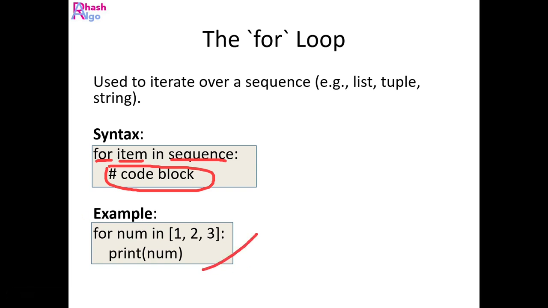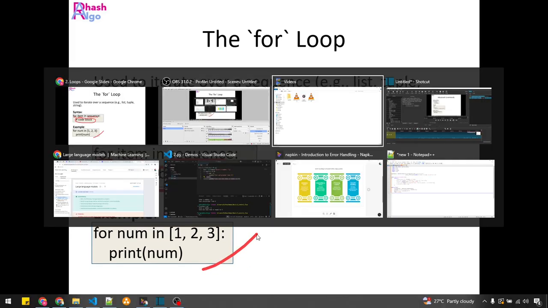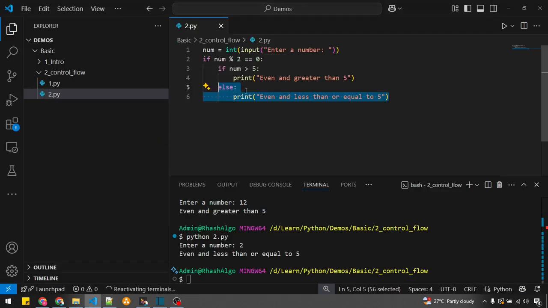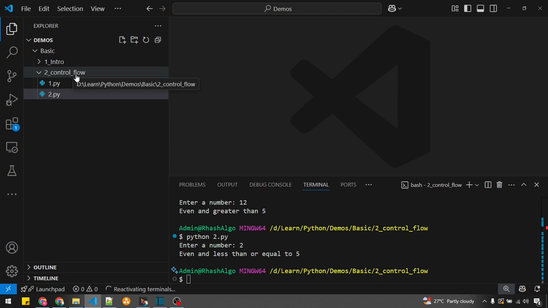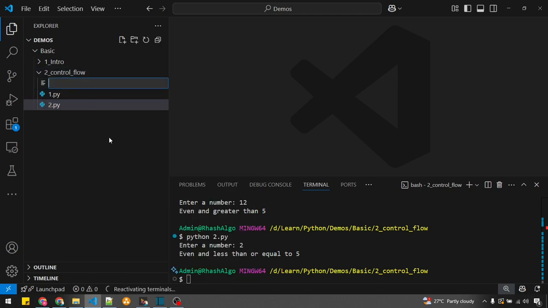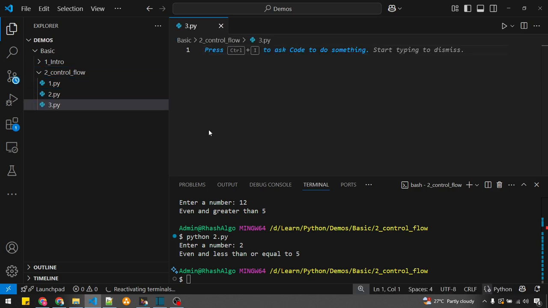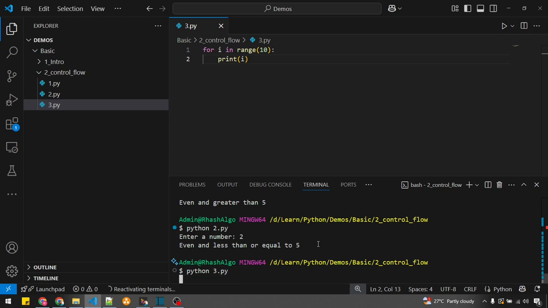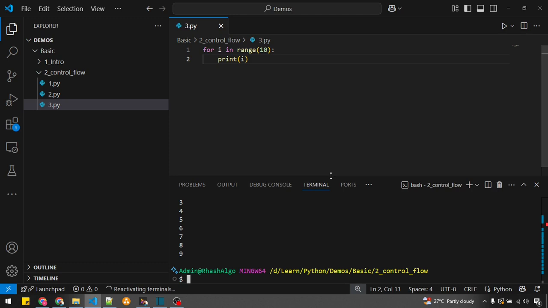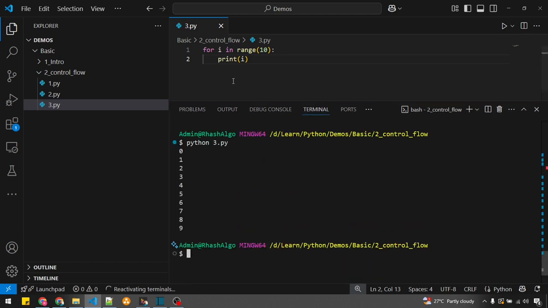Let's write some sample program for you so that you will be able to understand that. I will write sample program 3.py: for i in range. I am not going to create any list, for simplicity purposes. I'll just write something like this and run python 3.py. What I got here is the list of numbers from 0 to 9, because the range starts from 0,